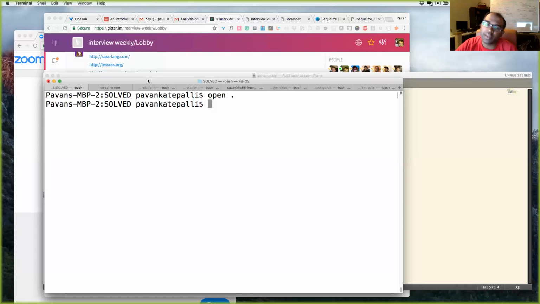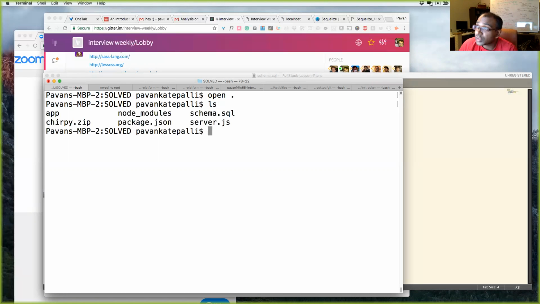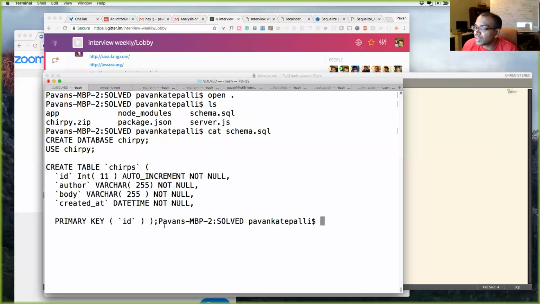I'm right here in this specific example, I'm not using Sequelize at all. And then I'll show you the differences between this example and Sequelize. So over here, if I list all the files and folders, we see a schema.sql file right here, right? And if I run cat schema.sql and press enter, you can see the contents of this file. So I'll press enter right now. And we see that this file has this as the content inside of it. So what do we see here? We see create database chirpy, we say use chirpy, and we see create this table, chirps, right?